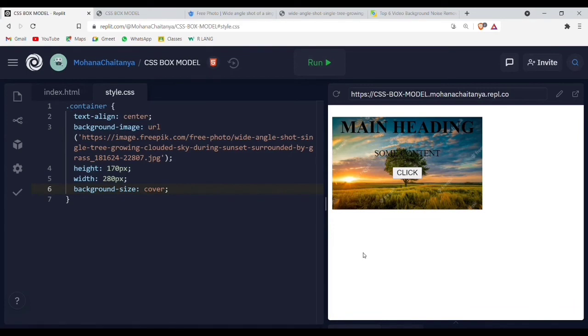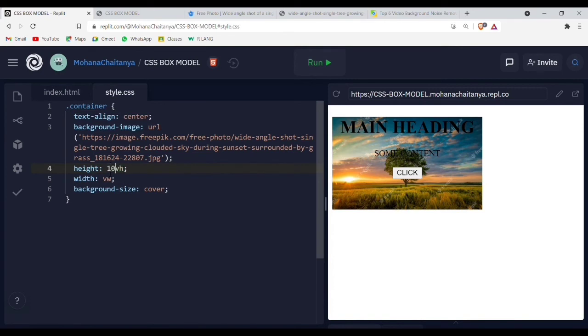We need to give viewport height and viewport width as values for height and width. Viewport height is represented as vh, viewport width is represented as vw.